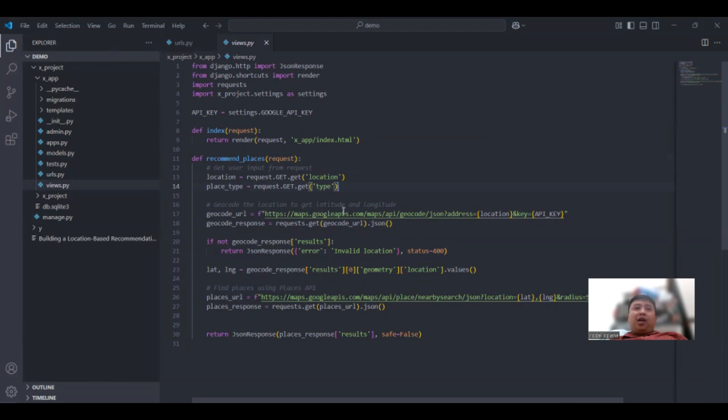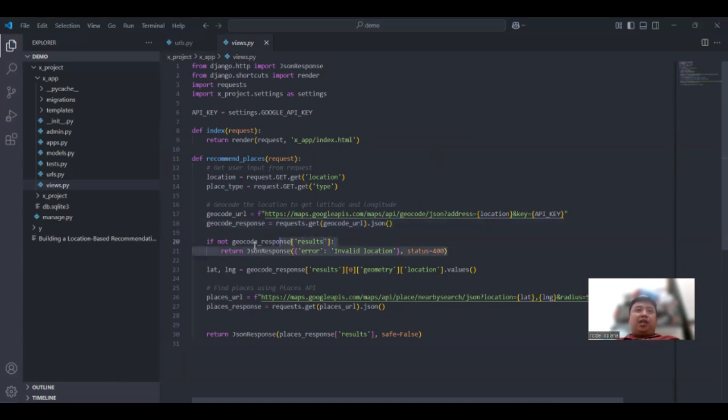This is the API for the geocode with the format of JSON. So the address is the location and the key is the API key. So we're going to convert that into coordinates. So we're going to request, get encode URL in JSON format.